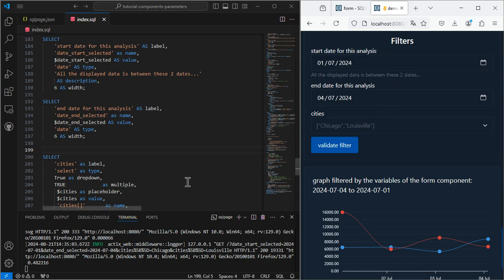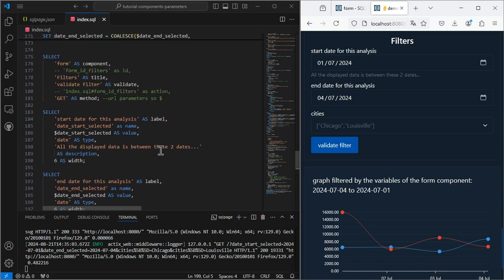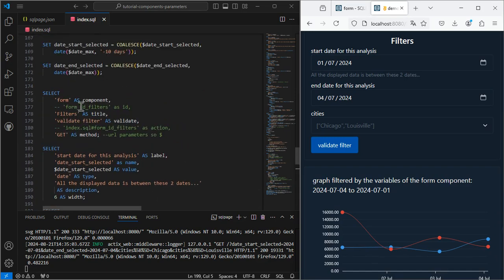The last thing nice to have is not to start every time from the top of the page when I click the validate filter. In order to do so, I'm going to give an ID, which is a top level parameter of the component form. And whenever I click the validate filter button, which is an action, I will start from the page index.sql, this page, but at the form component.